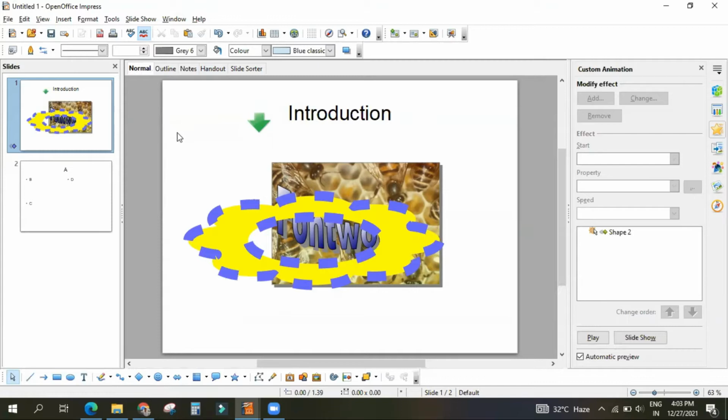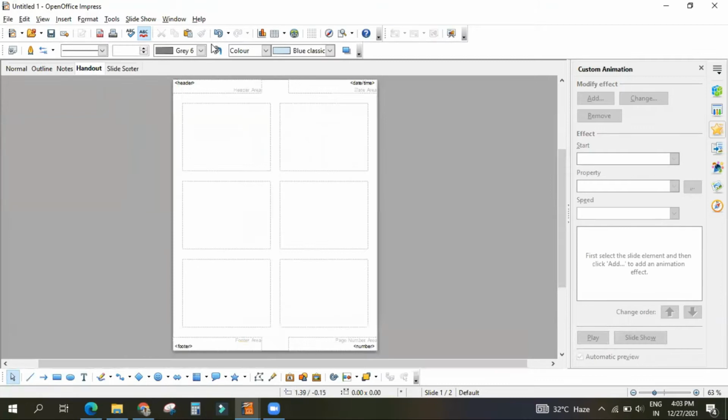So what you need to do? Click this handout, then you take the printout. So that what will happen? Within a single A4 size paper, 1, 2, 3, 4, 5, 6 number of slides it can accommodate. So that student can easily read the outlines. Understood or not? Yes, sir.